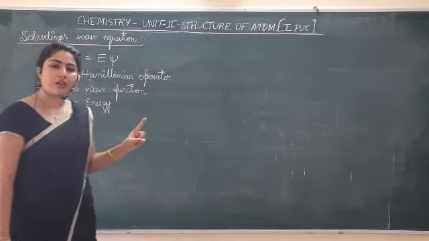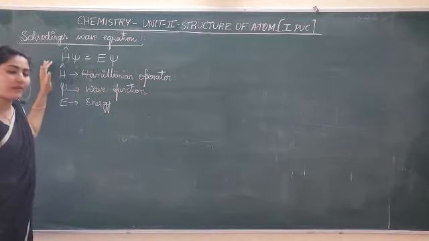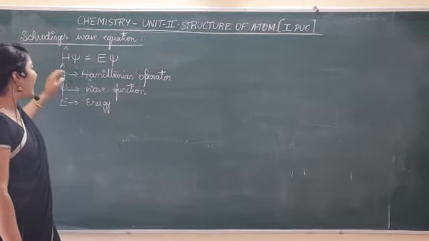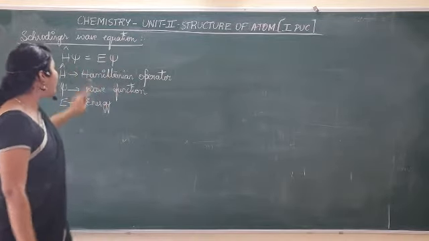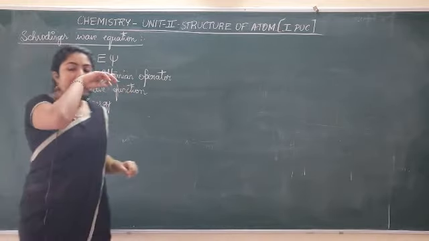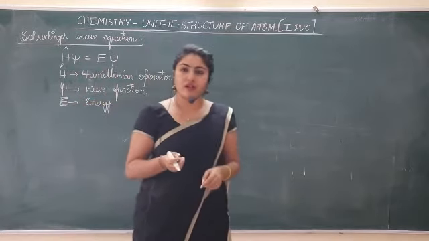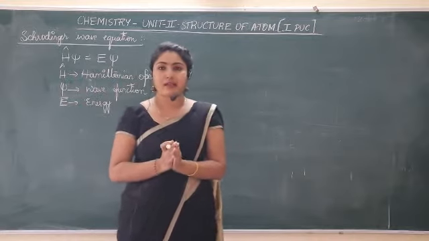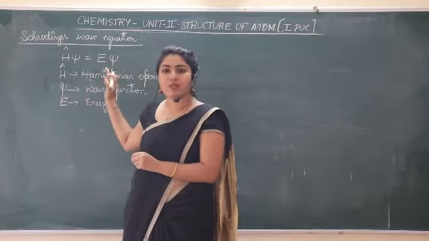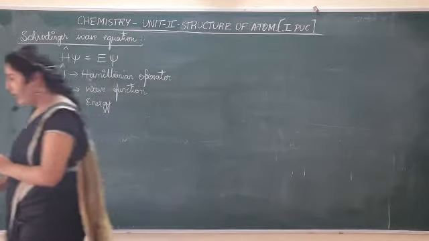So Schrödinger gave an equation, Hψ = Eψ, where H is a mathematical operator called the Hamiltonian operator. Its value can be calculated, and when it is solved, you get the values of E and psi. What is E? The energy of the orbital. Psi is the wave function. What do we get to know from the wave function? We get to know the details about the orbitals. That's all. If you understand, that's enough. Remember the equation, that is, the expression with its term explanation.